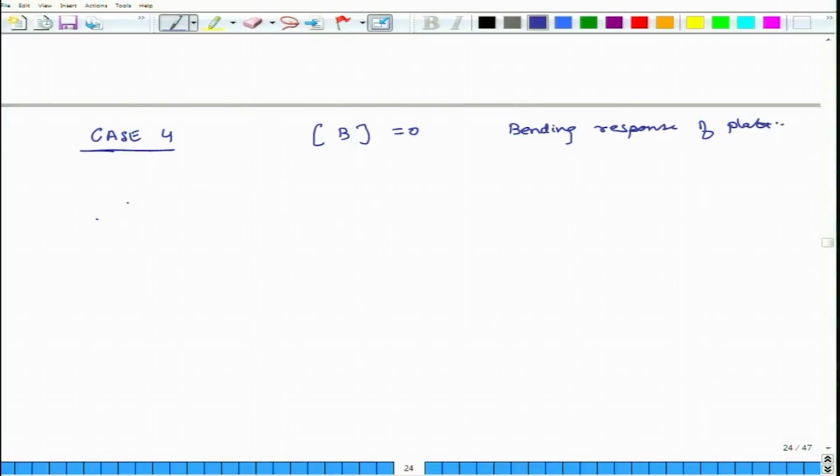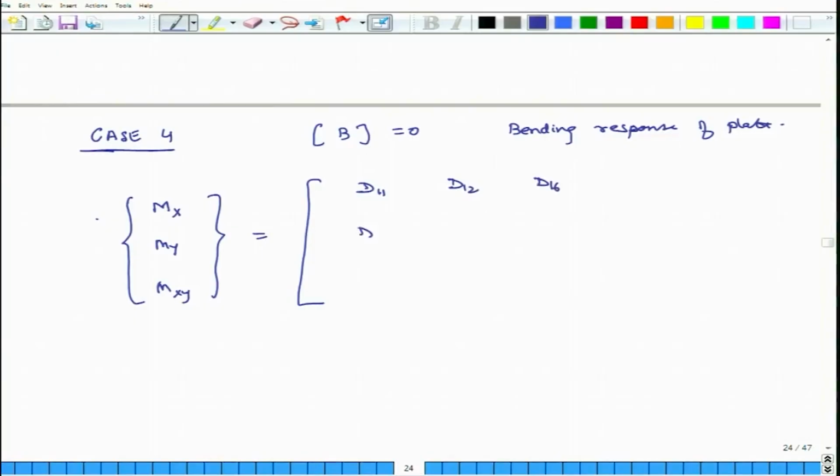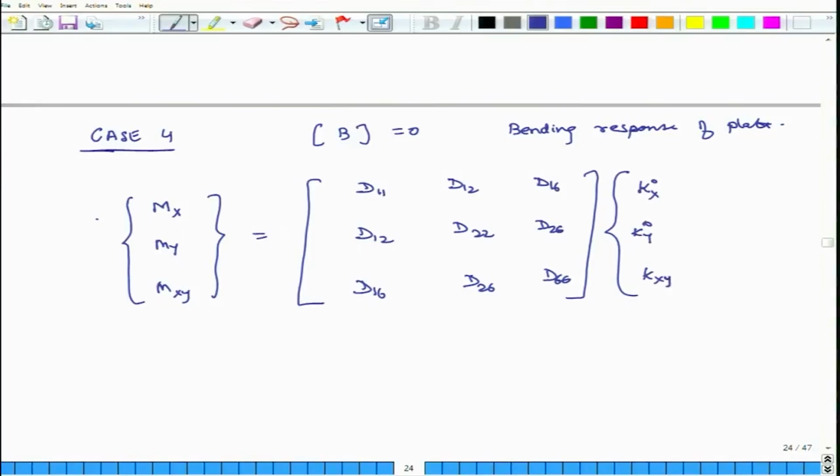So, I am interested in seeing the bending response of the plate. So, what do I see? When the B matrix is 0, then Mx, My, Mxy equals the matrix D11, D12, D16, D12, D22, D26, D16, D26, D66, multiplied by Kx, Ky and Kxy. Okay. So, if the B matrix is 0, then if I am applying only moments on the system, then these are